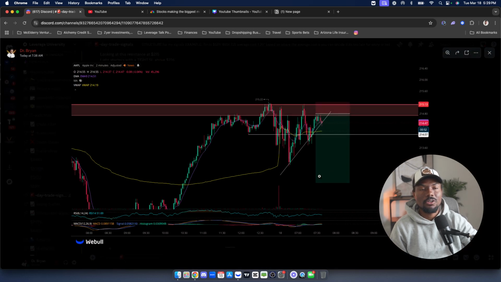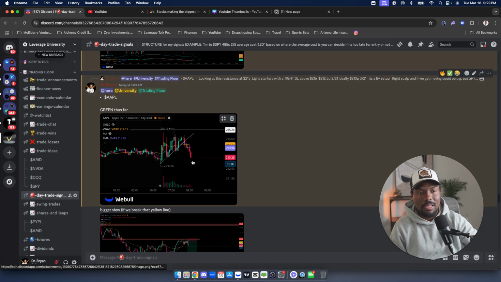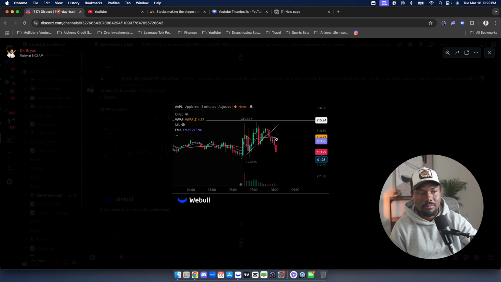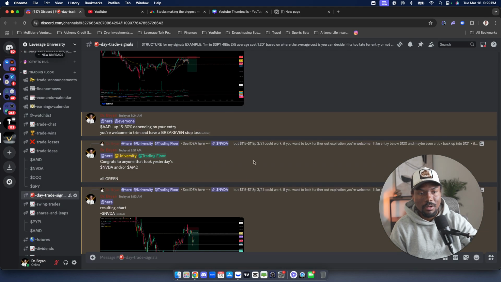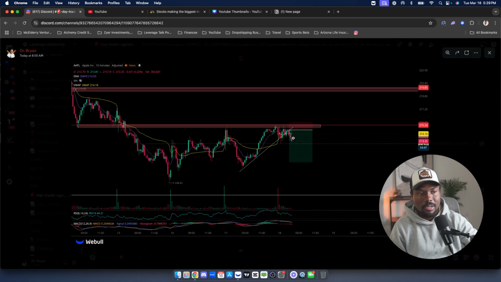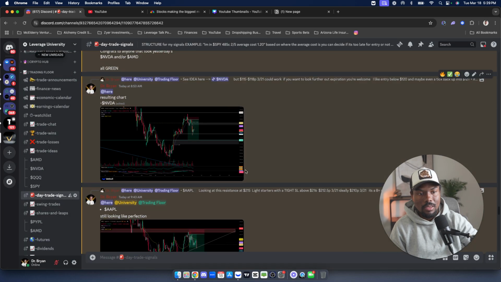Here's how the chart looked before we entered the trade. Do you see that there's 215, 215, 215, 215, and it did it again? I was like, okay, I'm starting to see it right here. Enter. And then as it's playing out, look at exactly what it's doing. Can't make it up. All right. There it is playing out perfectly. And then there it is